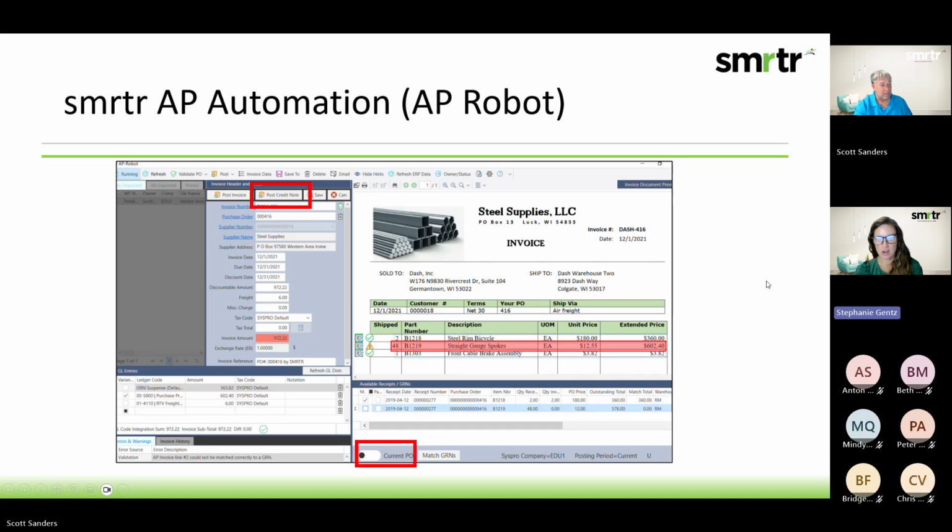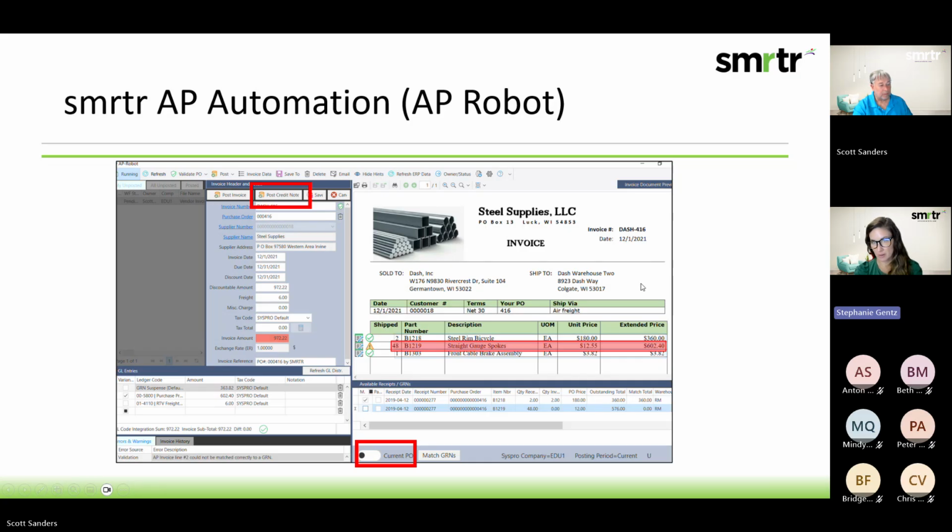Another new feature is our multiple PO feature. So before we were matching your invoice to a PO to your GRNs, right? Now we can do multiple POs, which is like a whole new ball game, which is cool. So it opens up all your GRNs available for the POs that you select. When you move that radio button at the bottom from left to right, it gives you a checkbox to pick which POs you want. So if there's 5 for that supplier, you can pick the 3 that you want to use. It's all open, and it allows you to see more GRNs, because right now we're displaying only